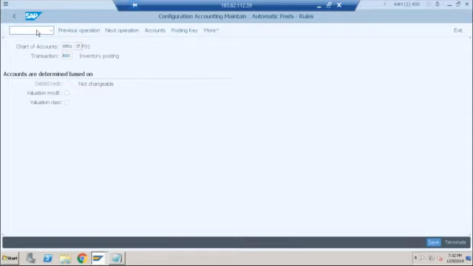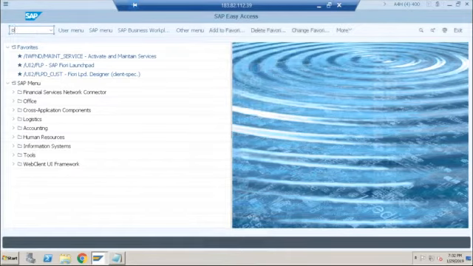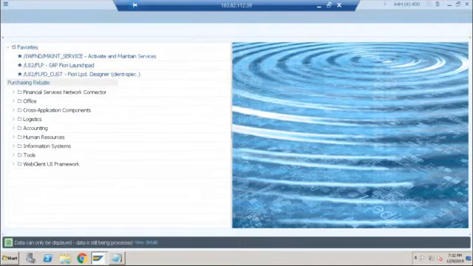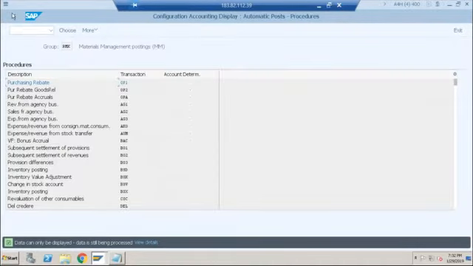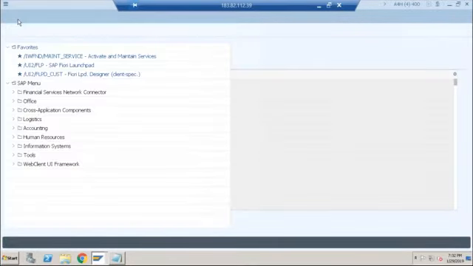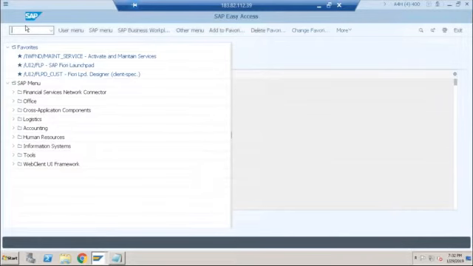So this is a good chance to speak about the integration related changes. Okay, there are no changes in the integration. Whatever OBYC and VKOA settings you were using, those are available as it is. Okay, so if I go for FS00, I need to create two GL accounts, one for inventory, so 203 maybe, which we are not created, I think.